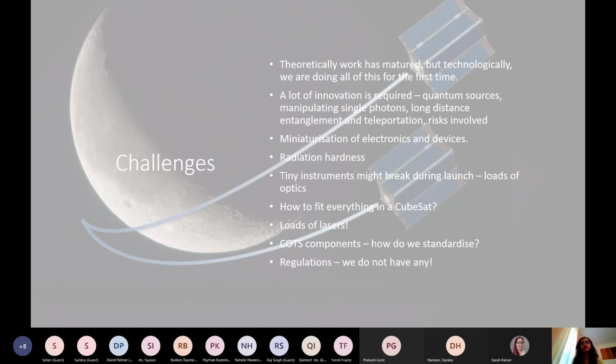How do we make sure that there are no security loopholes which we are missing because we have just picked up something, and it'll be harder to take it apart and figure out what exactly is going on in the system, because we're not doing any custom work? And to make matters even more complicated, right now we don't really have that many regulations on the CubeSat orbital space. We don't have regulations and standardizations on what kind of security we should have to make sure that this QKD system can very easily interface with the internet, with any kind of mobile networks, basically whatever systems we already have in our world right now. Otherwise, it's meaningless, right?